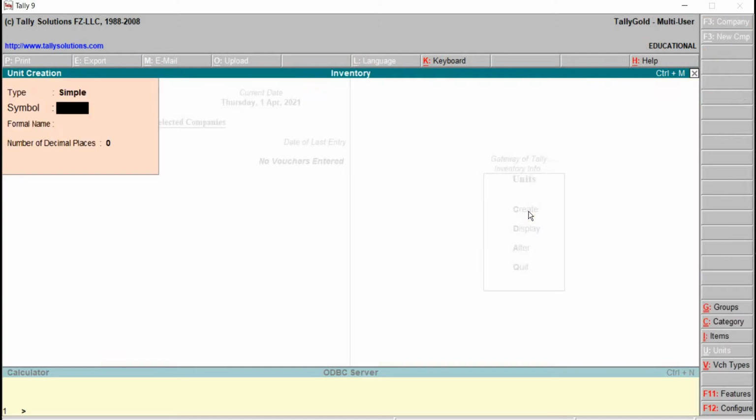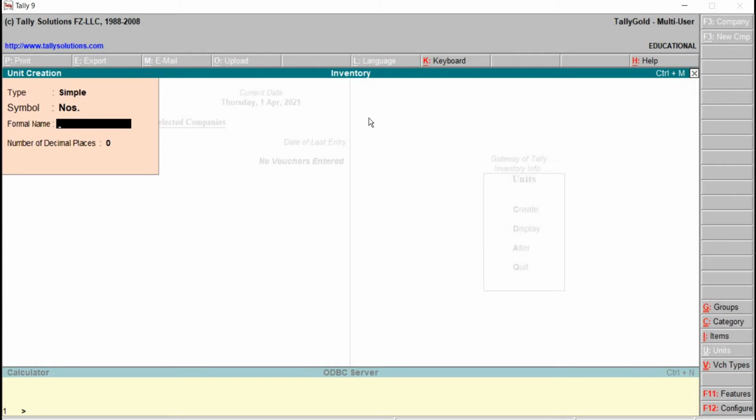Click on create, and this will take us to the unit creation window, and here we can see the first field, that is type: simple. In the same way, we can go back by using the key Backspace. Here we have two options, simple and compound. Let's select simple. We will take here number, or numbers.